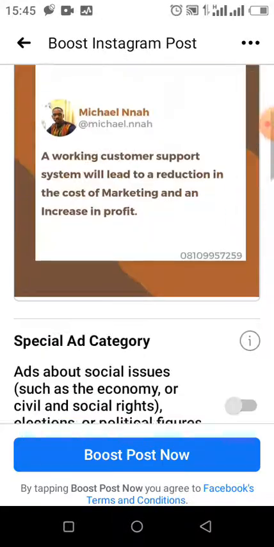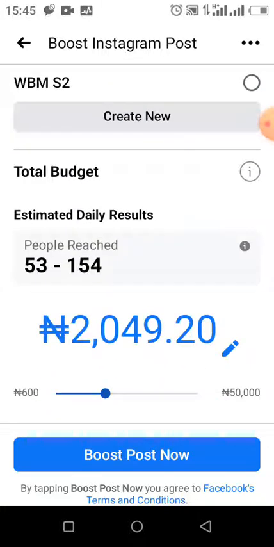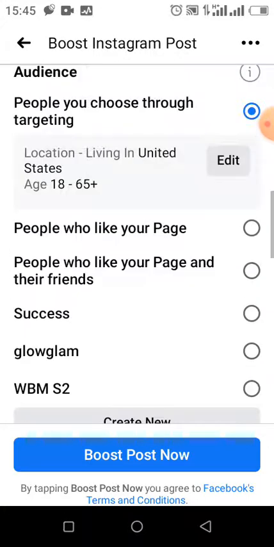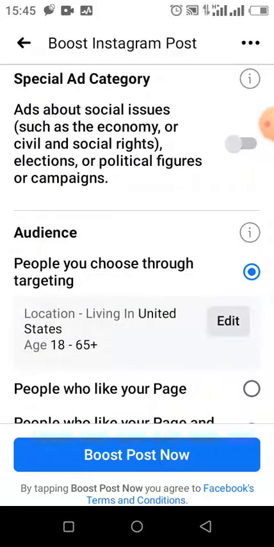As you can see right here, it's also going to reflect on Instagram, and people on Instagram are also going to see it. Now if you create this from a computer, from the ads manager on a computer, you can tick only Instagram as your placement. That means it will be showing just on Instagram, and it will not even reflect on Facebook at all. But on a phone, it will be showing on both Facebook and Instagram.